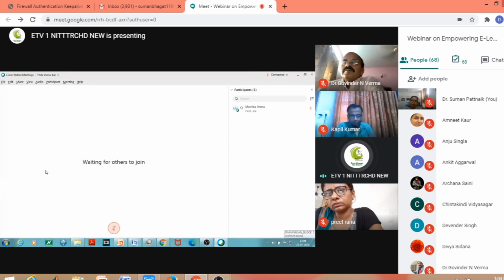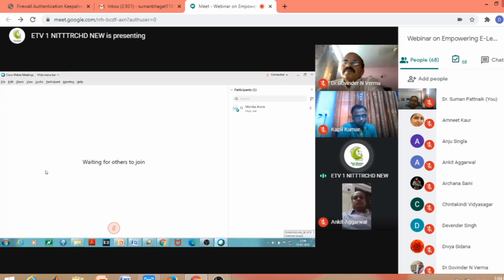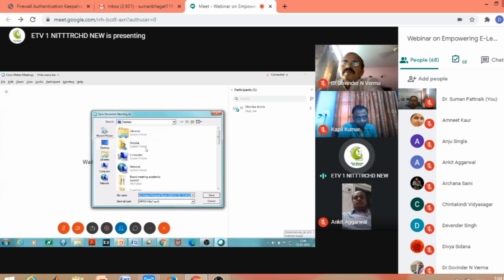But WebEx gives a cloud storage of only 10 GB, whatever version you use. The rest you have to download to your system. If you click on record a meeting, then it will ask for the destination. Always save the file in MP4 format because it is very difficult to convert otherwise. If it is saved in the WebEx file format, then you need an ARF converter to convert the file to MPEG.